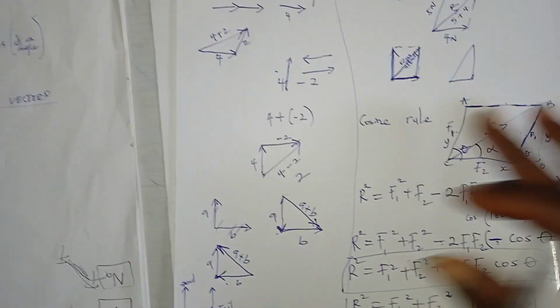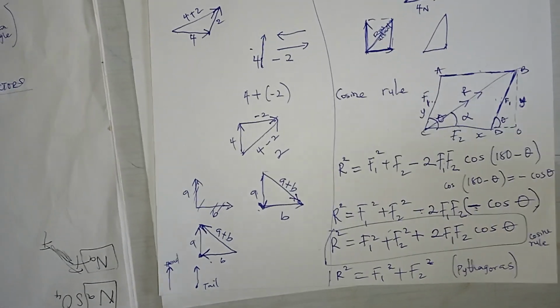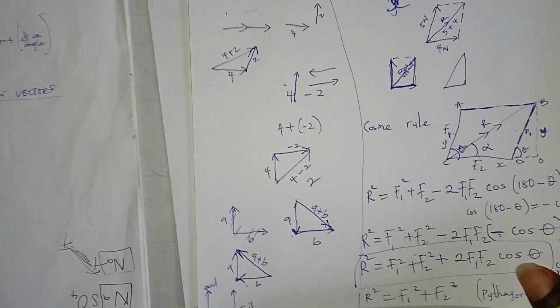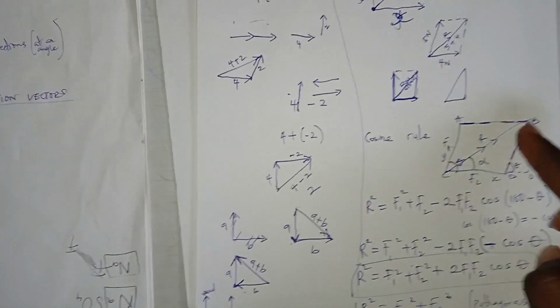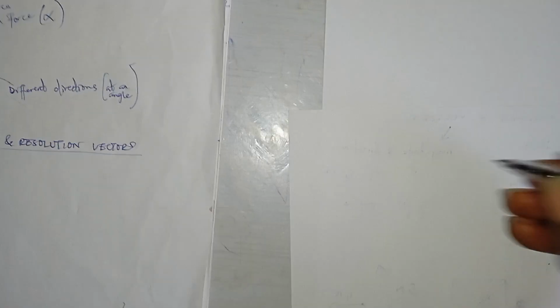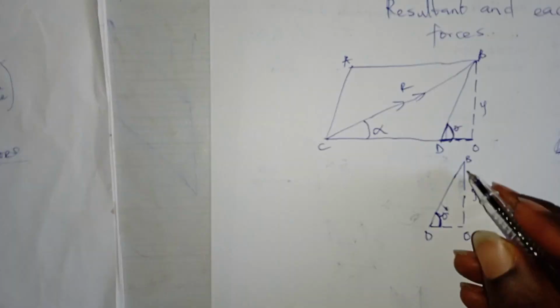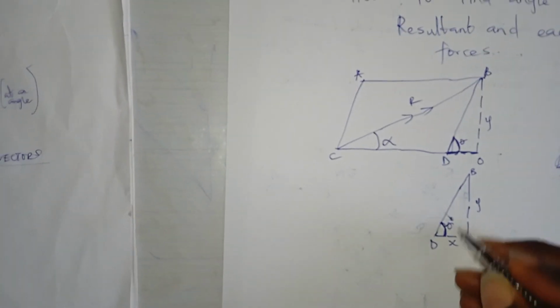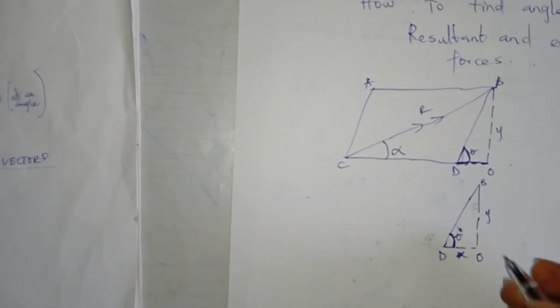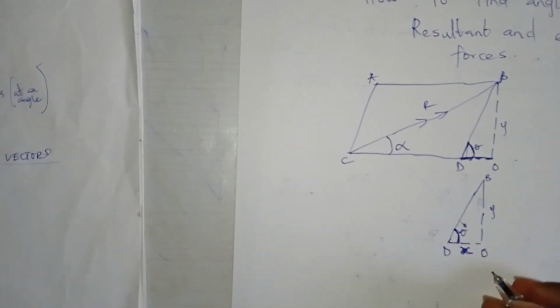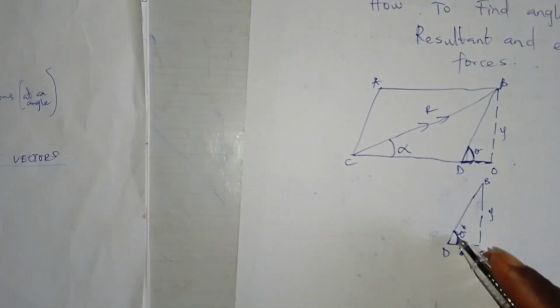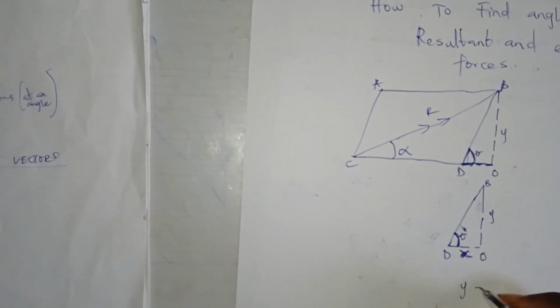Do you know what will happen? In order not to confuse you, let me draw a new triangle. Let's take it that you now understand how to use this particular one to get these formulas. Let's draw a new triangle so that you understand how to find it. Let's say I call this DO. DO is more like X here. I have everything here to be the center. When I'm finding this angle, Y is going to be equal to